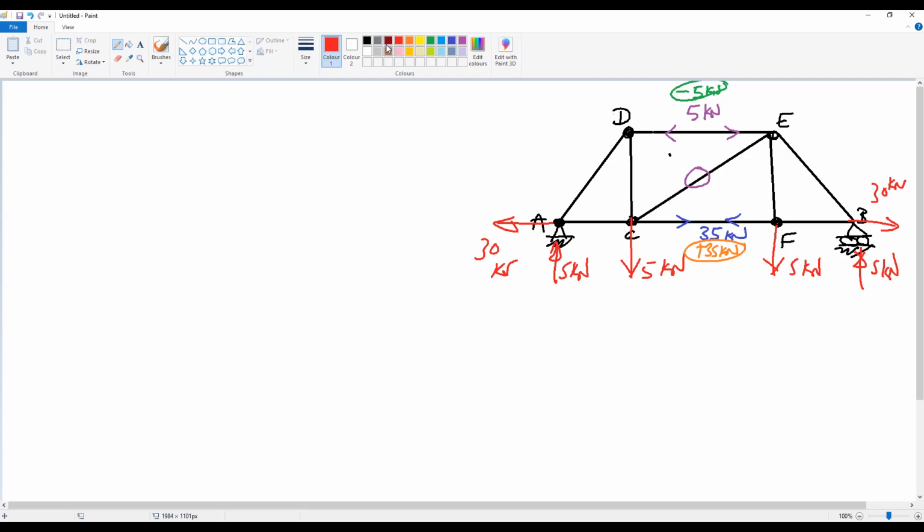We will get the forces in this member using method of joint. Method of joint means that we will study the stability of each joint. Each joint, if this is a joint,